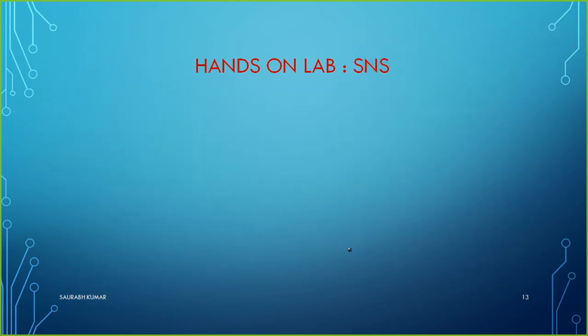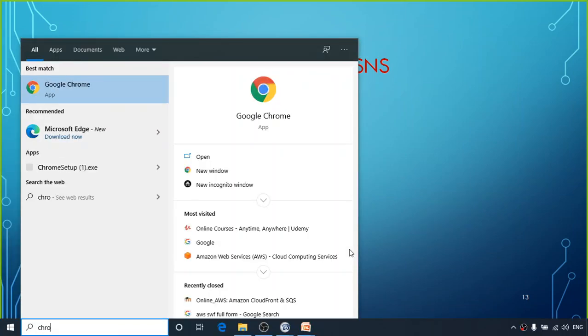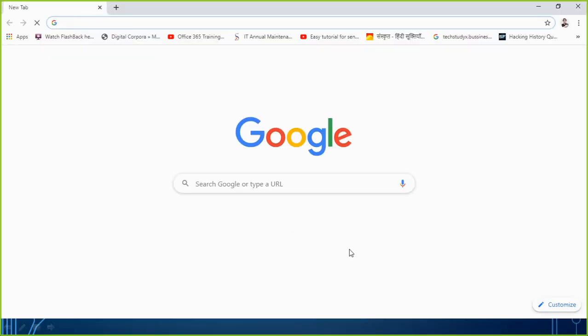Now it's time to perform some practical work related to SNS. To perform this practical, we go to the browser and log in to the AWS Management Console.